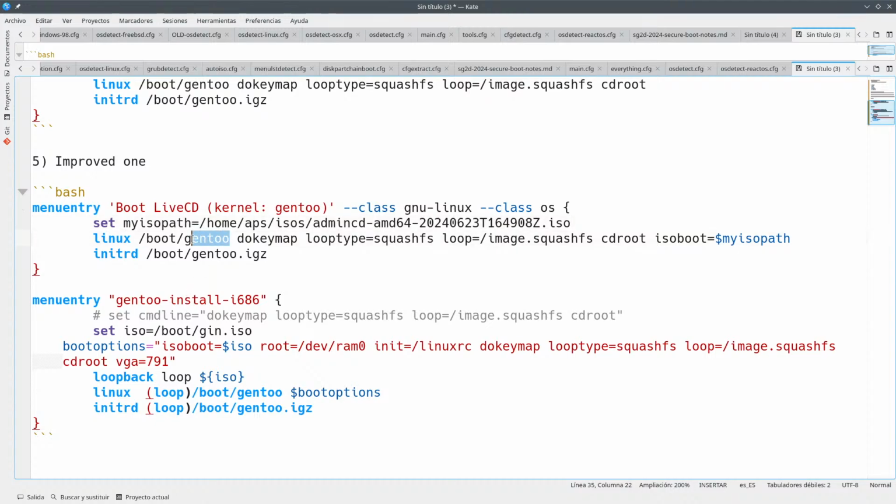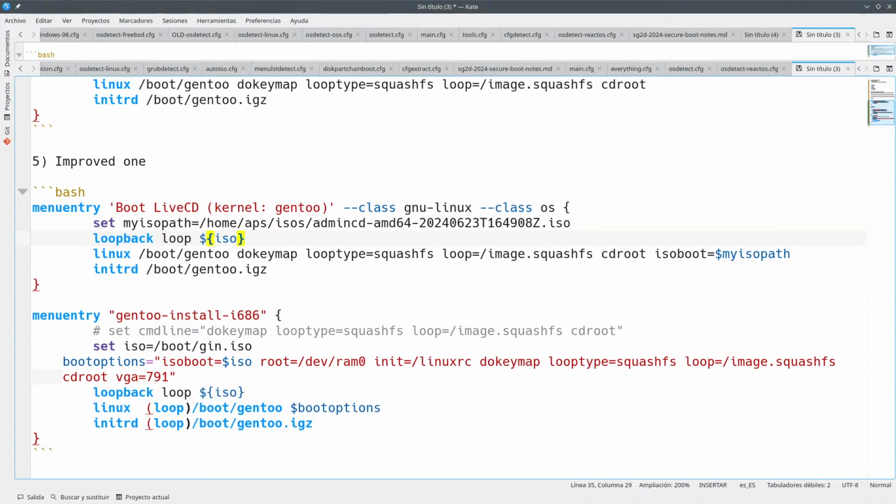But this stuff, you're not going to be able to find this, and that's why you have this thing here, which, that's the trick, which is try to load this ISO as if it was a device, so that I can load this stuff here. And so basically what you have here is this isopath thing that you have here. So this is loop, it's a new device, and this is the new device that you have to put here.